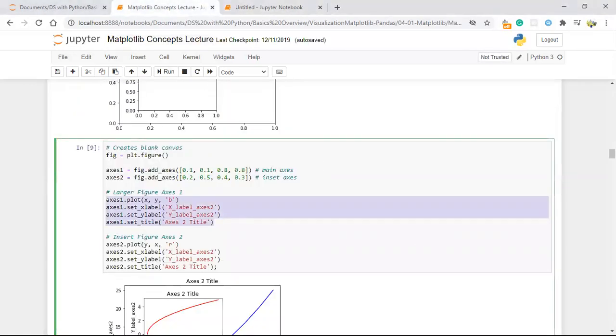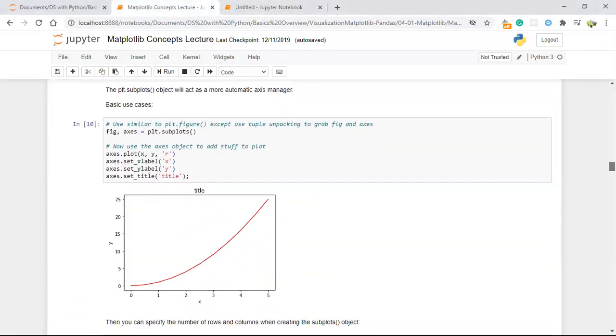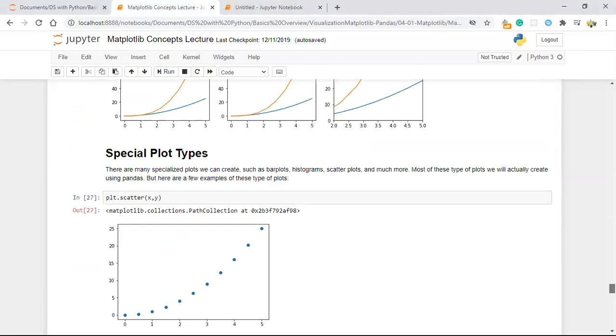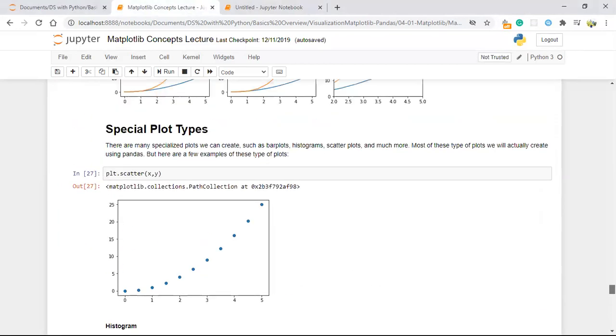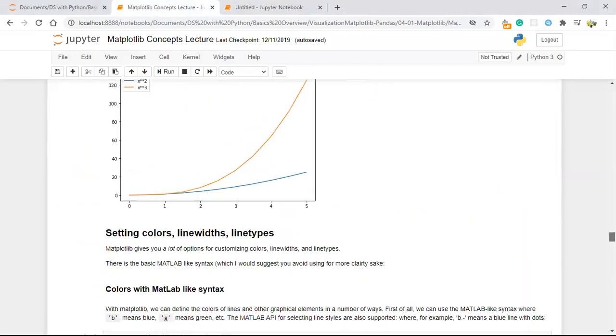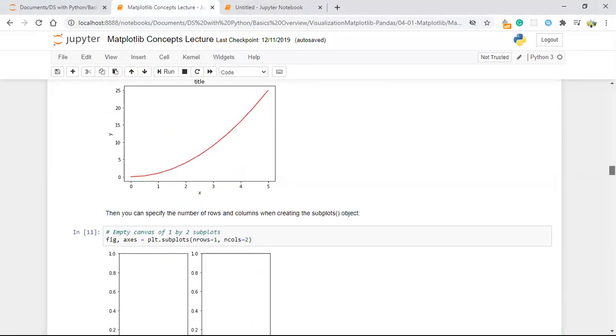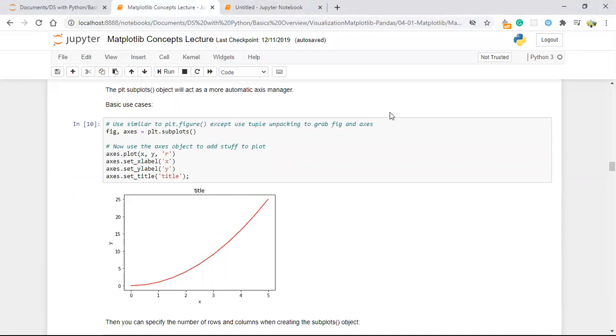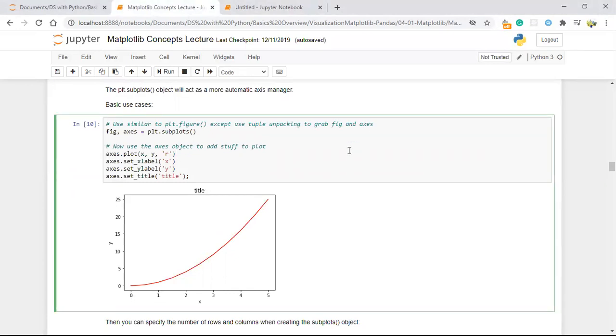So let me complete only the OOPS concept today. This is the Matplotlib OOPS concept. Here we have this much of stuff. Tomorrow we will go ahead with the Seaborn box plot and all those things. I hope you guys know the subplots method. We already discussed the subplots with and without the OOPS concept method. Now we are going to discuss the subplots with the help of Matplotlib.